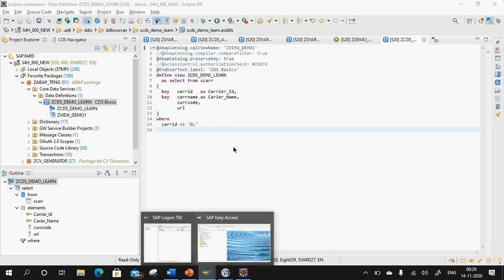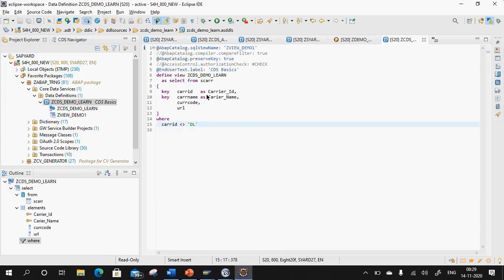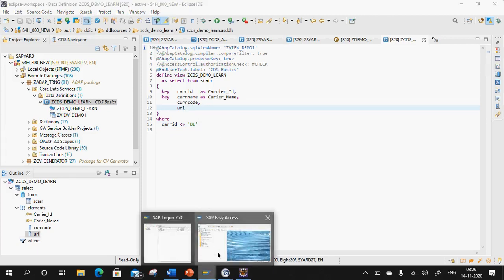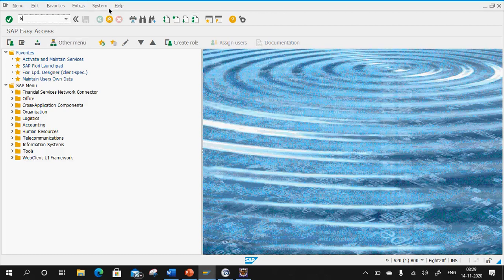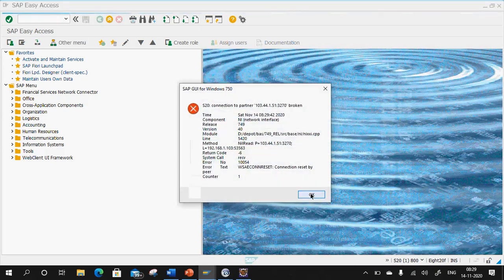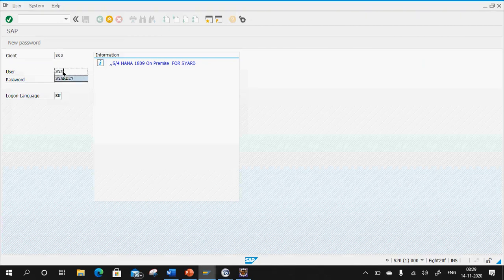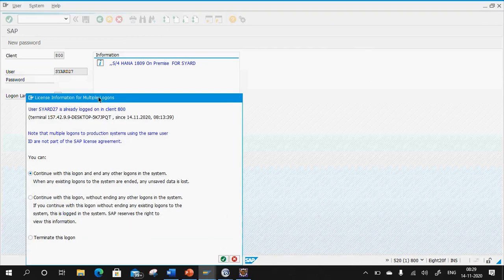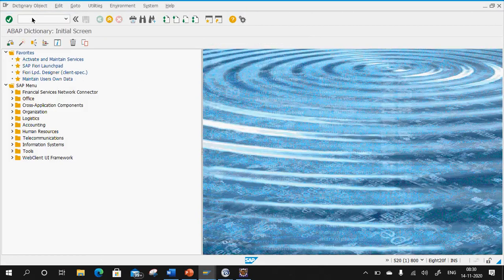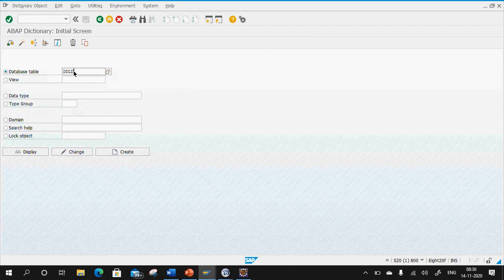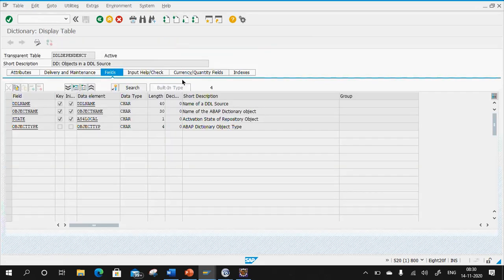Now another important point. Whenever you are creating a CDS view, if you want to see in which database table these entries get stored, go to SE11, provide the table name as DDL dependency table, and click on display.